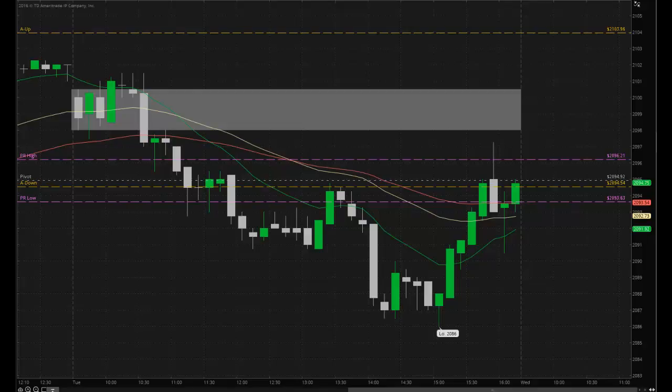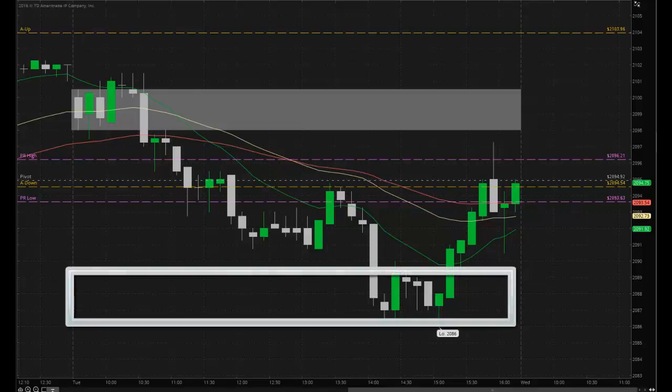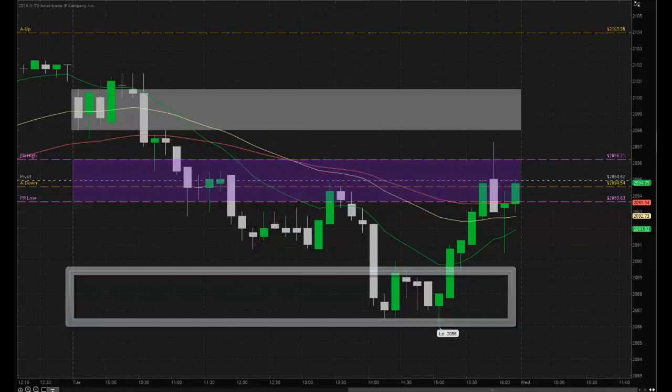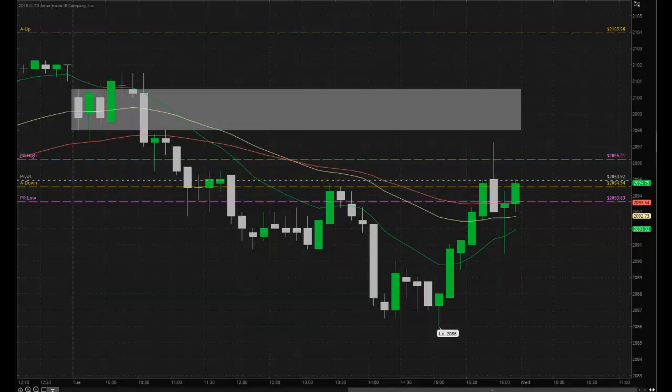In order to have a plus day, the opening range must be below the pivot range. And then price must make it through the opening range and then make it all the way through the pivot range and close on the upper side of the pivot range, and that's a plus day. Now, when we opened up this morning, we were gapping above our pivot range, so I knew the plus day was immediately off the table.